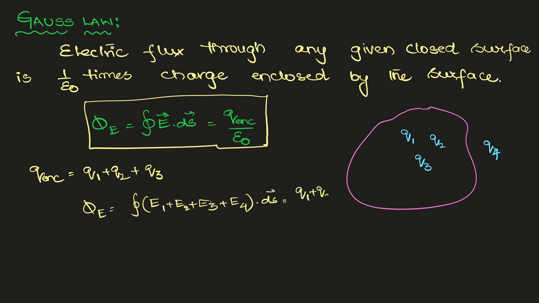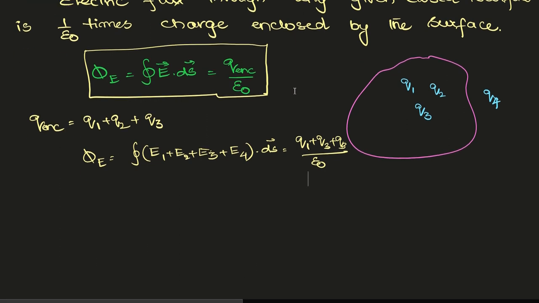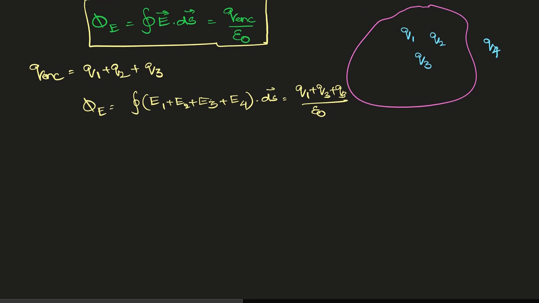Q1 plus Q2 plus Q3 by epsilon naught. If any one of them is negative, we have to consider that negative charge also. So here I'll give one simple example based on this. That first example will be like this. Suppose a surface is enclosing a dipole,